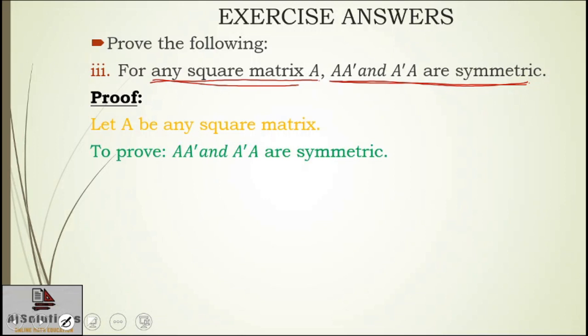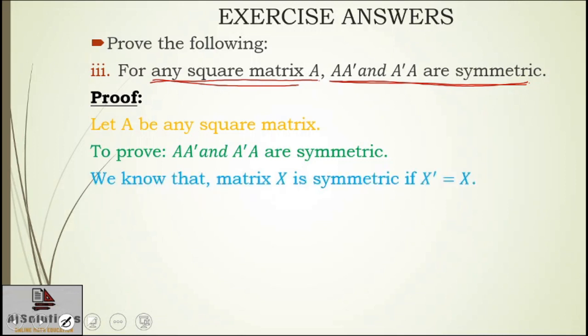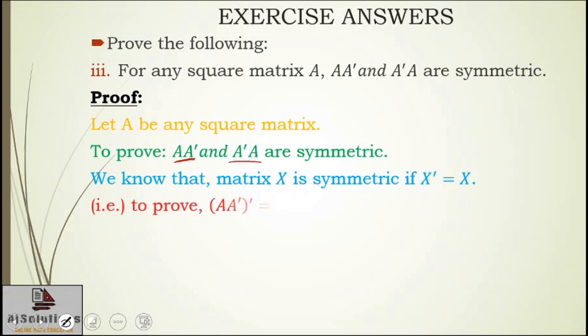And after that, step number 3, write the fact. So you are going to write the fact of a symmetric matrix. And after that, step number 4, you are going to put the value of x as A into A transpose, and after that the value of x as A transpose into A. You have to prove 2 statements over here. So if you do that, you will get this. And after that, we are going to prove it one by one.